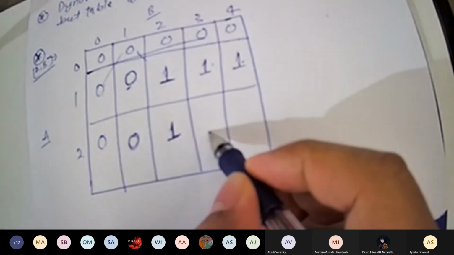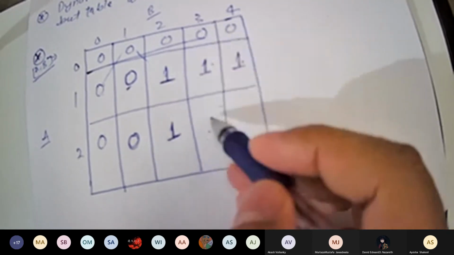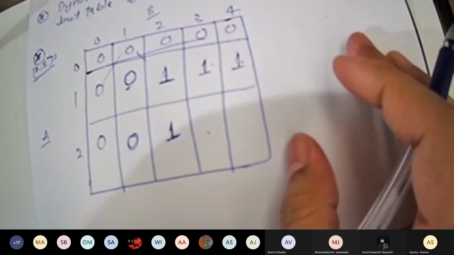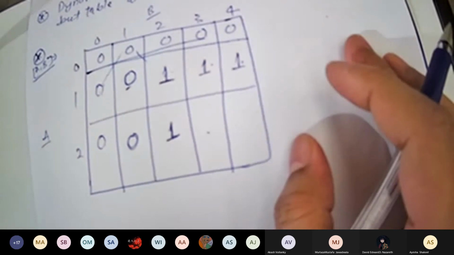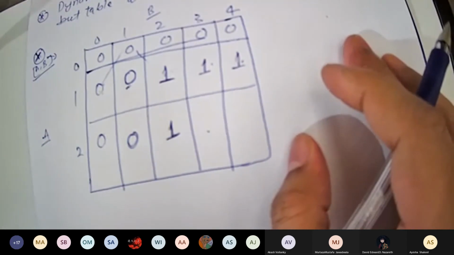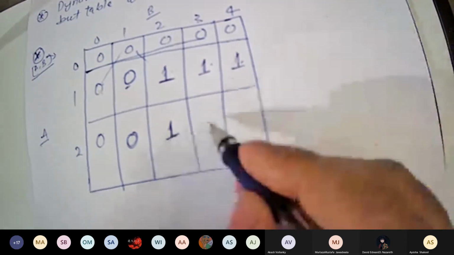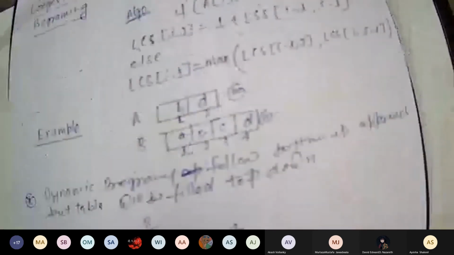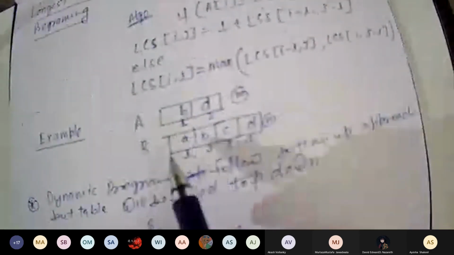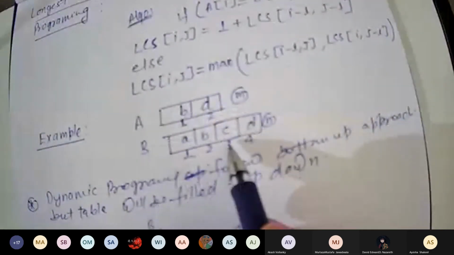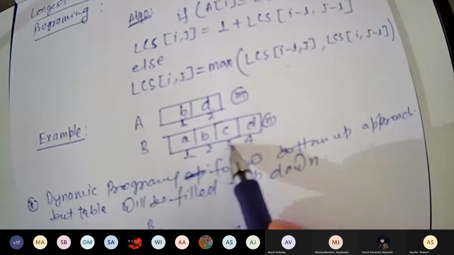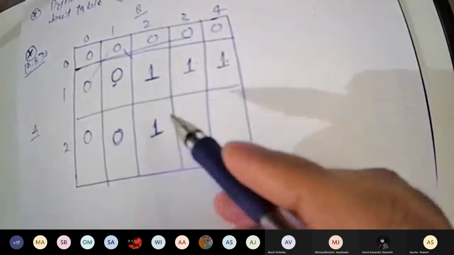Now A2, B3. A2, B3 value is same? No. You will take max of this and this.